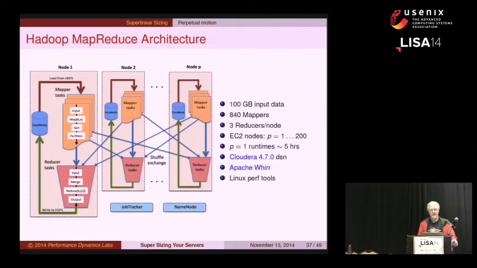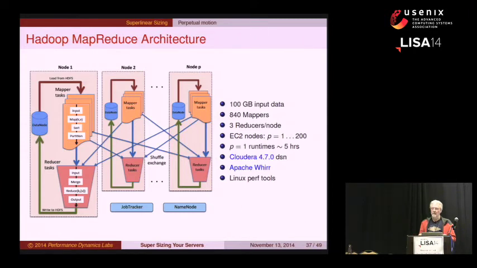MapReduce, there was a previous talk about MapReduce, so you probably already got the background on that. But basically the idea is that you partition the 1 terabyte of data, or in our case just 100 gigs of data, across the number of nodes that you have configured for the cluster, from 1 to 200 in our case. You split it up, and then the idea is to sort it, so you chop it up into basically equal pieces. The mapping function then takes that input, manipulates the key-value pairs, does a sort operation on them, and partitions that out as output,